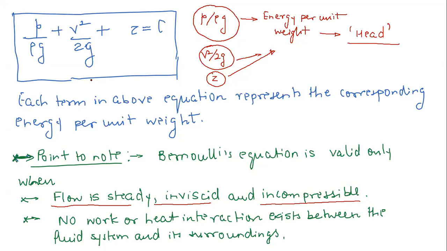So a very important question that is always put into competitive examinations while discussing Bernoulli's equation is whether there is any interaction with the surroundings. We can derive Bernoulli's equation using a control volume approach as well as a control mass system approach. So, is there any work or heat interaction between this control volume system, or control mass system, and the surroundings? Sometimes they ask this question.